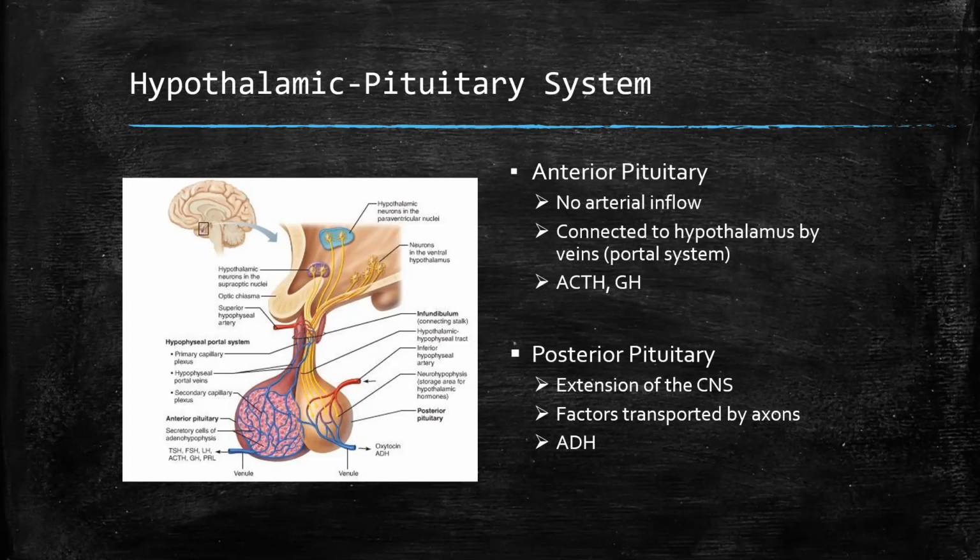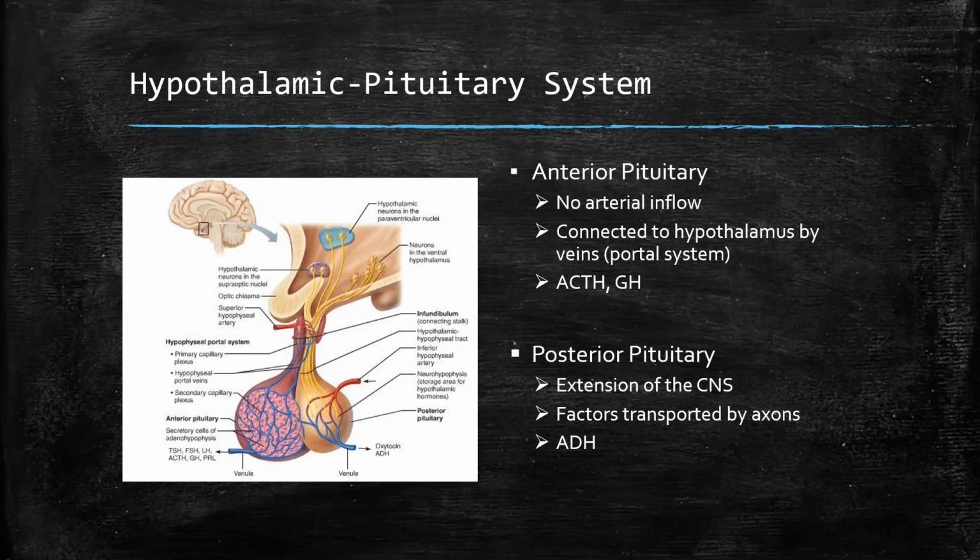The anterior pituitary is its own unique organ, but it has no arterial input itself. So it's a portal system. It's connected to the hypothalamus by veins, and the substances secreted by the hypothalamus will ultimately cause release of hormones